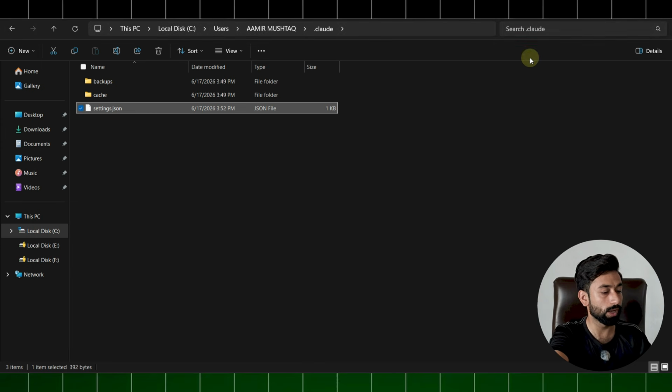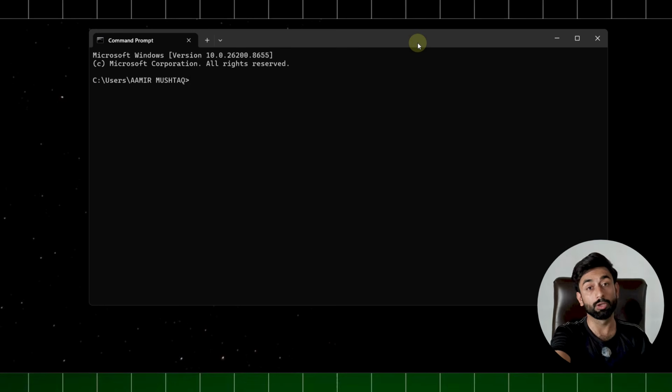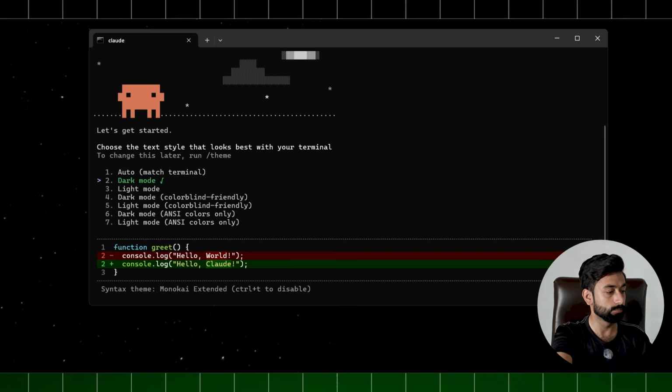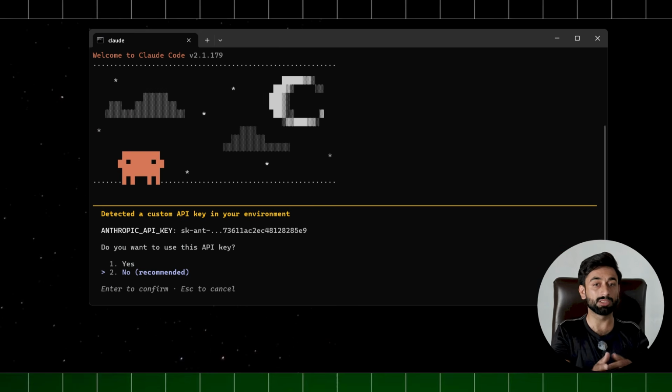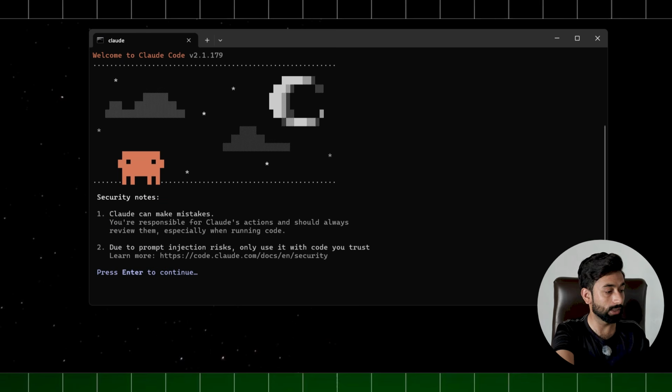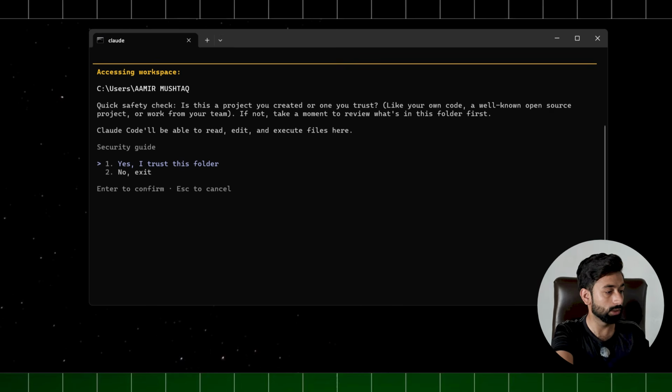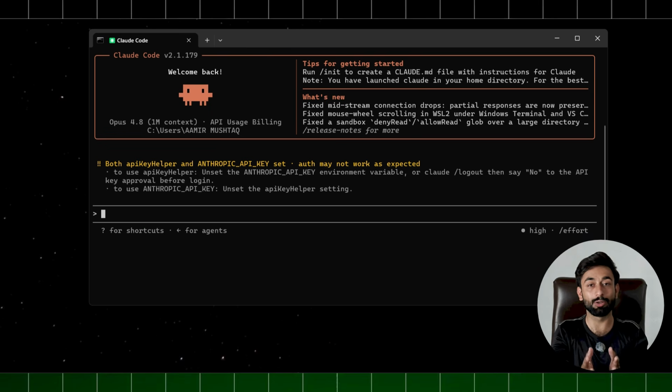Now close Notepad and open CMD again. Now run Claude Code again. And you can see this time it's not asking us for a subscription, but it's asking if we want to use this API key. Simply click on yes through your keyboard, and then press enter to continue, and then click on yes, I trust this folder. And here you can see our Claude Code is ready and running right here on our PC,